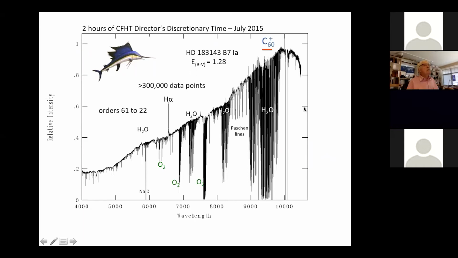And here is a spectrum of that star I've already shown you, which shows very strong interstellar lines, interstellar bands. This is the full spectrum with the ESPaDOnS spectrograph. There are about 40 orders concatenated here. That's quite a lot of effort, and that's, again, I owe to David Bohlender for having got all that correct. But the big issue is that the C60 lands feet first in a very strong water vapor band, telluric water vapor. So freeing the spectrum from that is a major challenge.